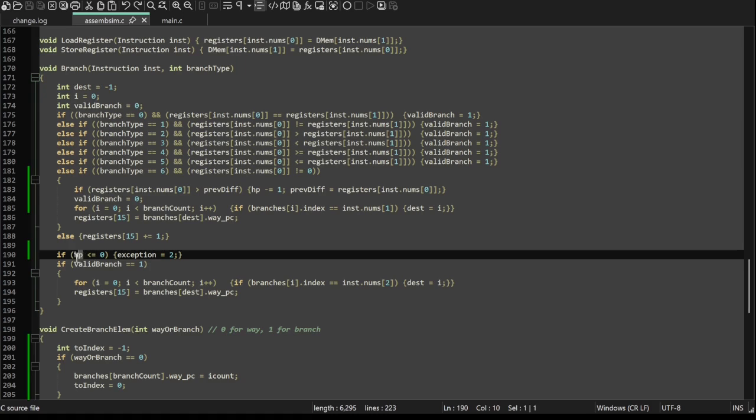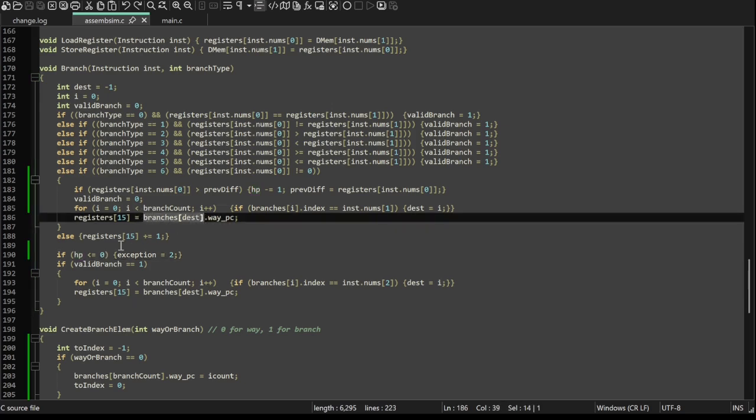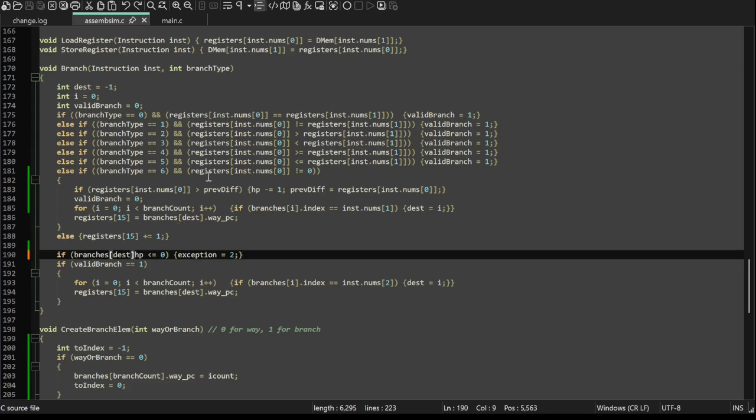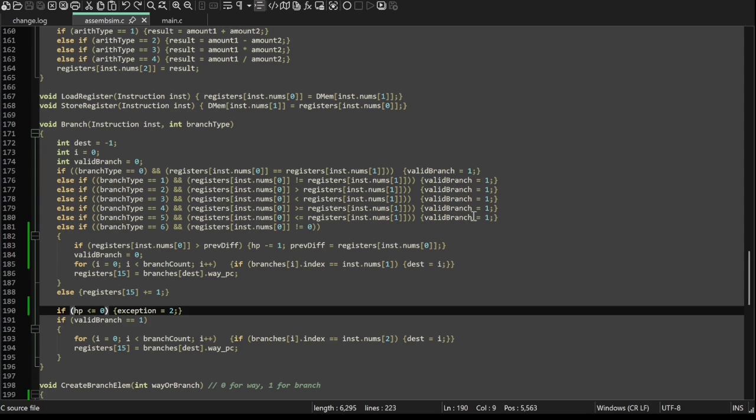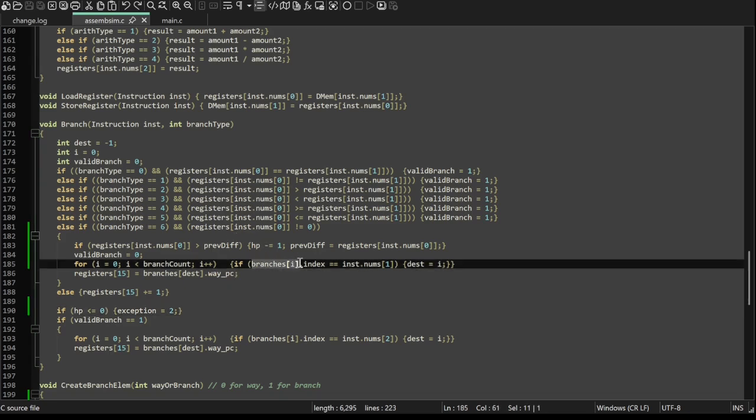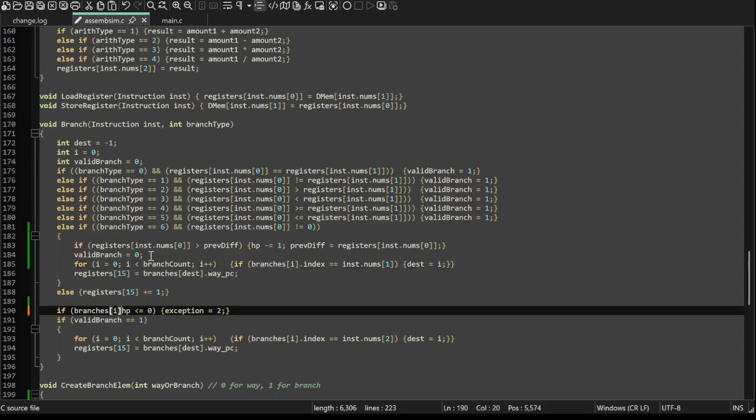Right, so as you can see, the variable HP, now since this isn't referring to any variables declared in here and is instead referring to a variable inside the branch element, which is a branch object, now the instruction is branch instruction inst, and branch is I, and let's see where I is declared, because first it's initialized to 0 here, and then for int branch count, yep, so branches I, if branches I.hp is less than or equal to 0 and exception equals 2,